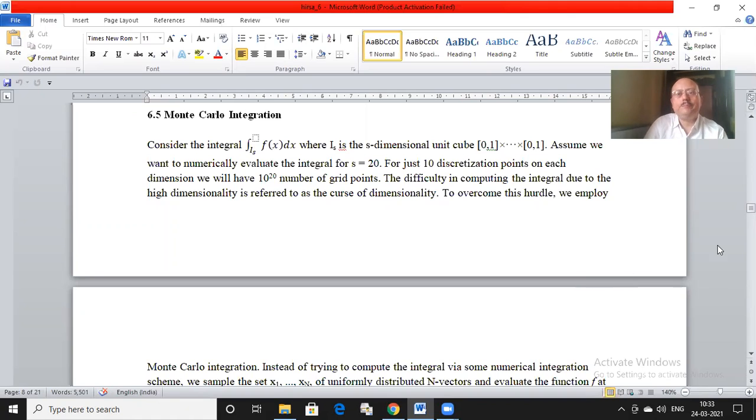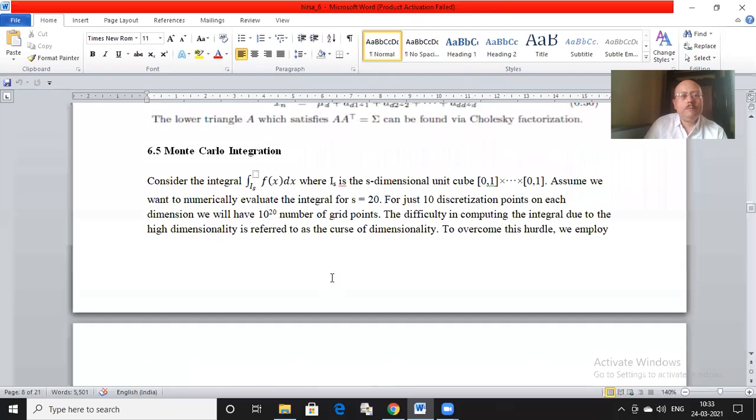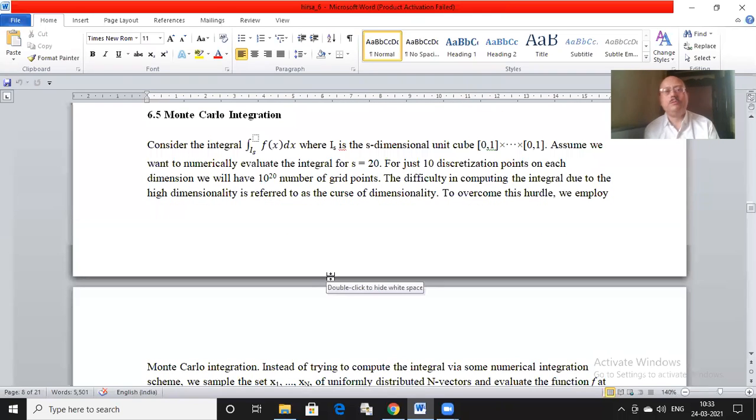Not modeling, rather computing. Okay, so Monte Carlo integration. I'll go through these things quickly because these are already known. So we are essentially interested in evaluating an integral of f(x) dx over some unit cube I^s. Think of a unit cube in s dimensions, which is [0,1] cross [0,1] cross [0,1], etc., s times. So that is my I^s. It is called a unit cube. And my interest is in the integral of f.